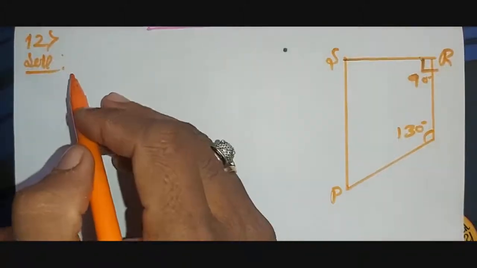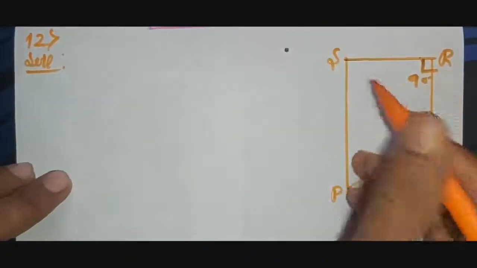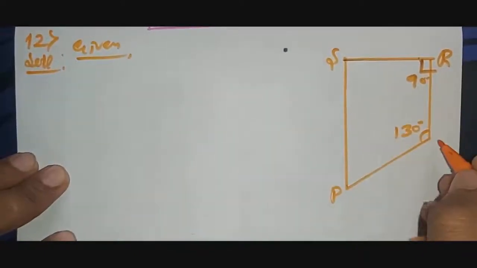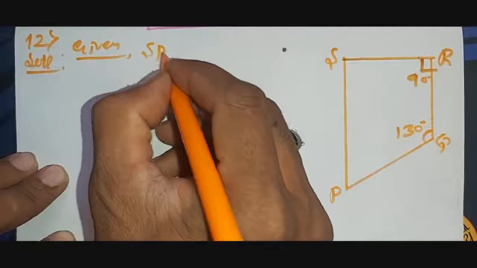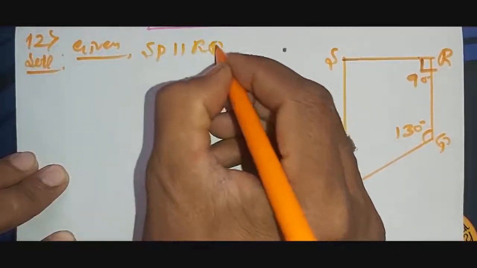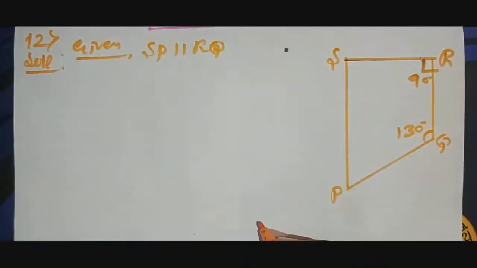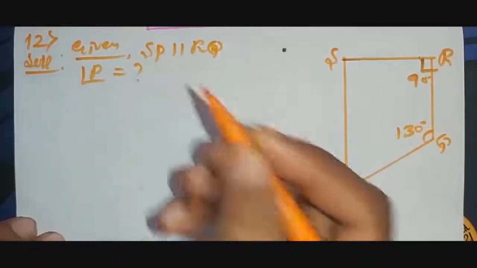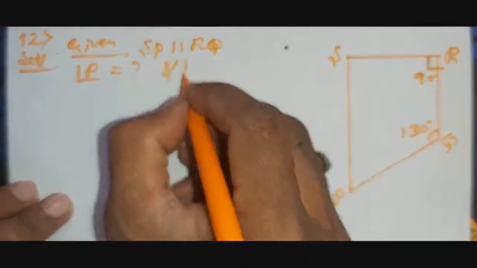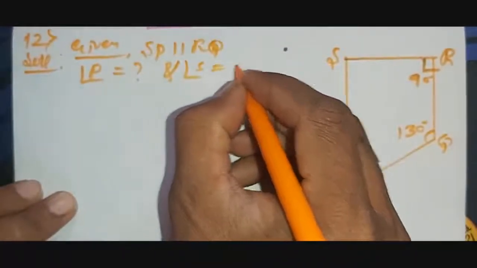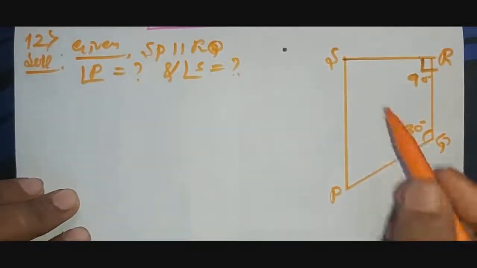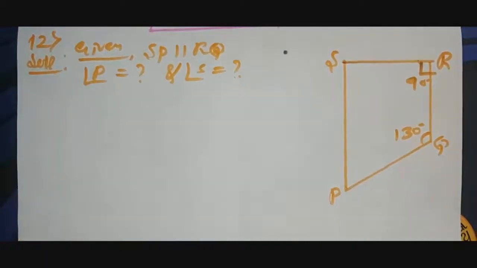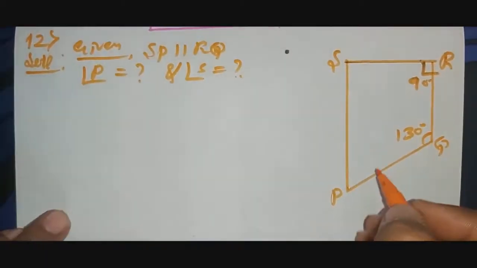Okay, now let us discuss about 12th question. Here they are given figure here. Okay, see, given SP is parallel to RQ, and also they have sort of question here, right? Find the measure of angle P. Find the measuring angle P and angle S, if SP is parallel to RQ given. Okay, solution we have. Okay, we can do here